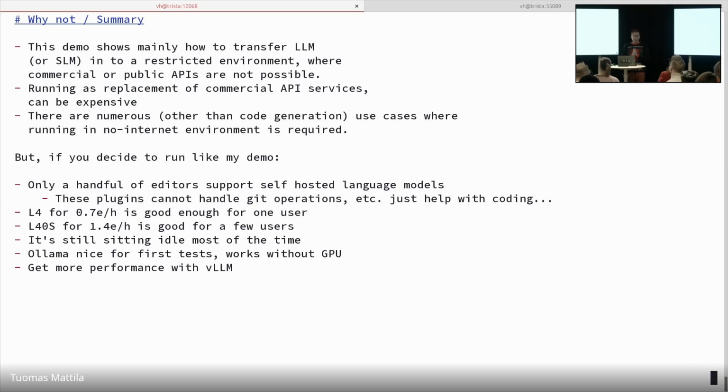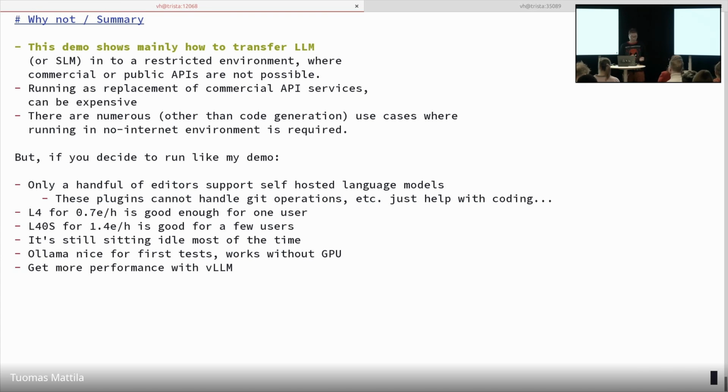Then I have to say, because I've shown this in a few internal meetings, the discussion always steers into whether you should be using AI or not. But the reason this demo exists in the first place is that the main point is that it's possible to take quite good models. You saw that it works, even to some good extent, and it's possible to download them and run them in a